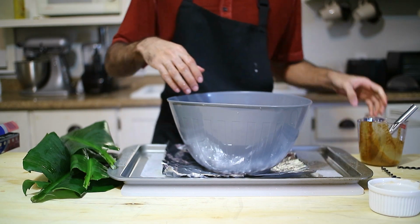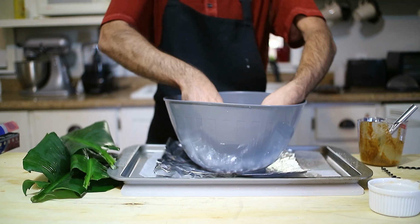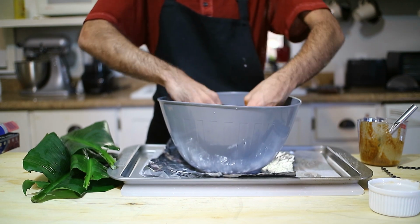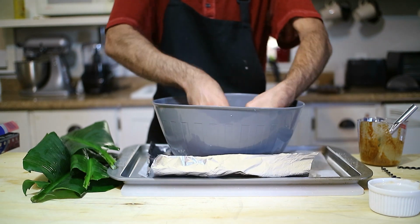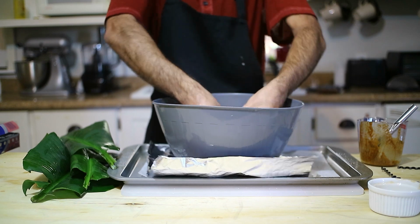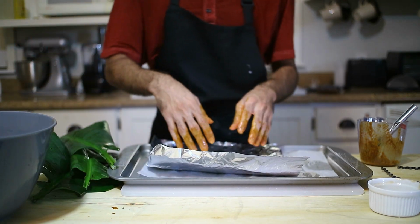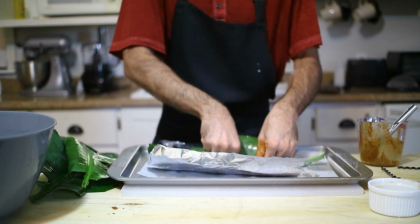And then use your hand to work that spice into the meat. If you want more flavor, you can score the meat and let that good spice go inside the meat. You want it to be absolutely covered, just like this one. The color will change. Then you can let it marinate if you want. You don't really have to, it's optional. And then